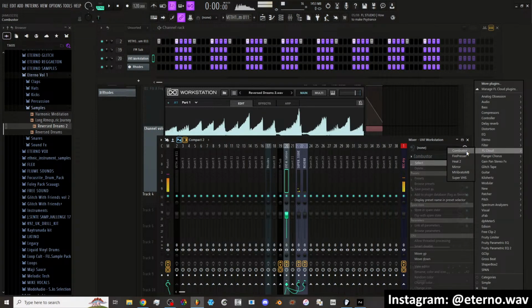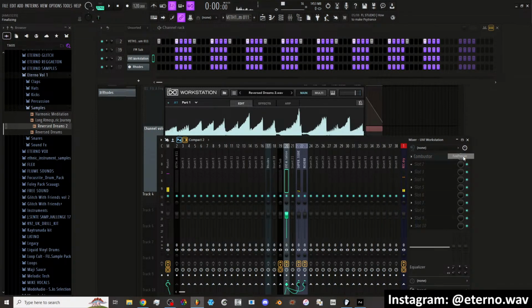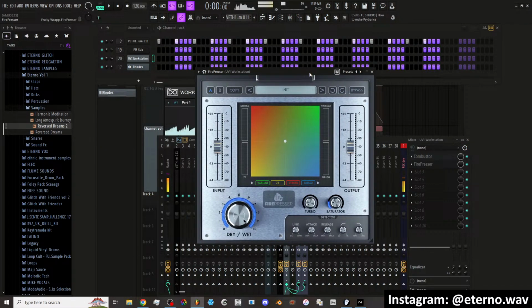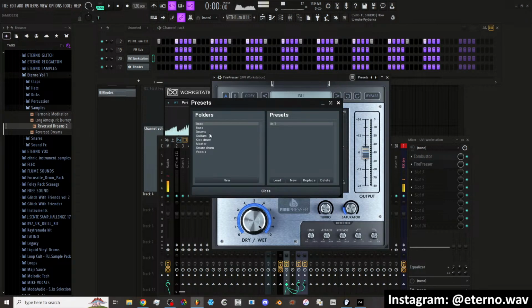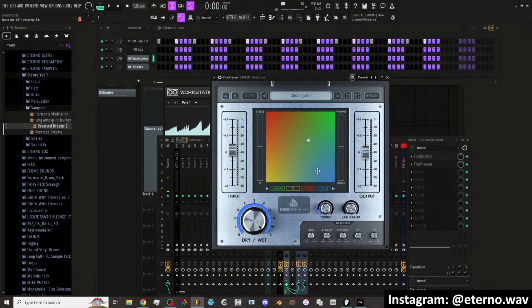Go to FL Cloud, the Fire Presser, which sounds like a distortion. Stress. Where do I even start with this, bro? I guess presets. Let's try the presets. Bass, drums, guitars. Let's try that. Why not? It's not a guitar, but